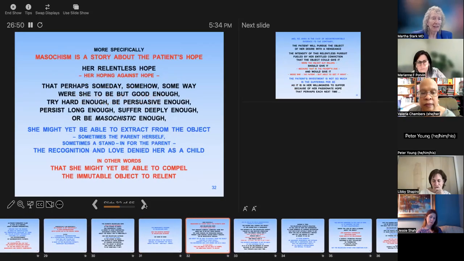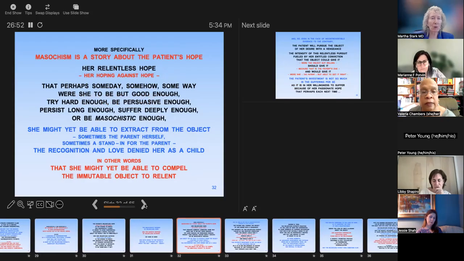More specifically, masochism is a story. So if you say to a masochistic patient, you enjoy suffering, I think you're so missing the point there, at least according to the way I conceptualize it. Masochism is a story about the patient's hope, her relentless hope, her hoping against hope that perhaps someday, somehow, some